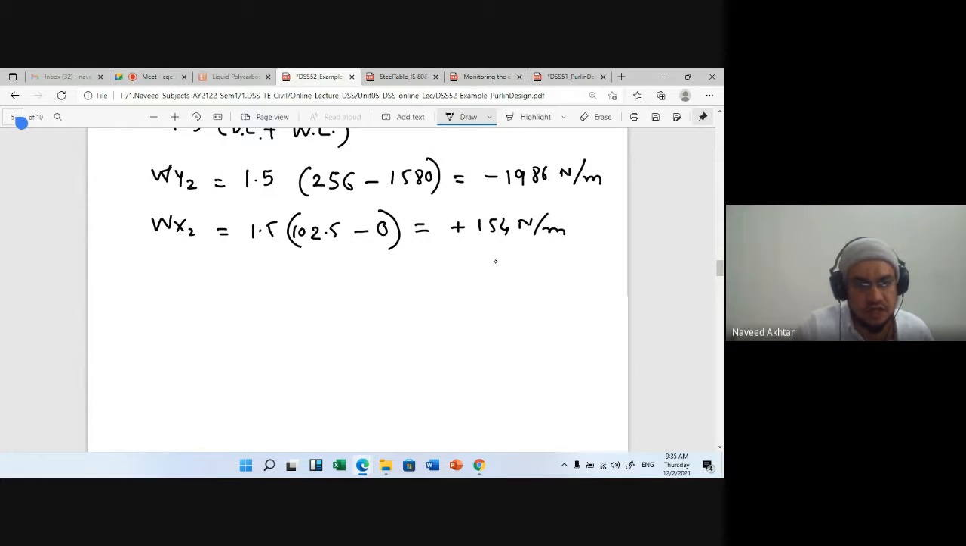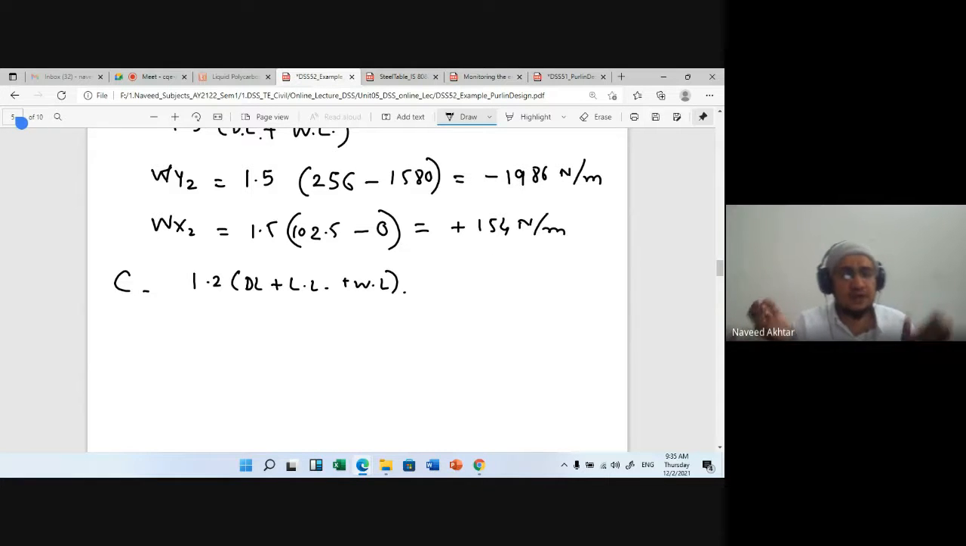Now we'll take the third combination, I will write down capital C, the combination of load. Third combination is 1.2 times of dead load plus live load plus wind load. You may go for other combinations also. It is not limited to these three only, but for your understanding, you are going for the three combinations. So you write down this combination, 1.2 times of